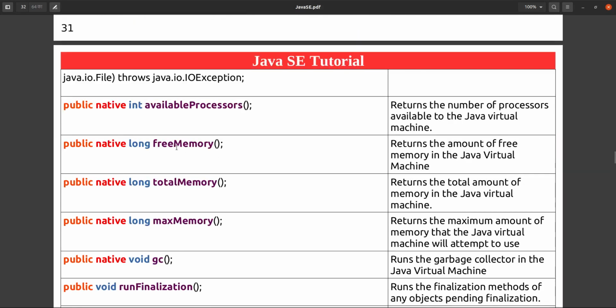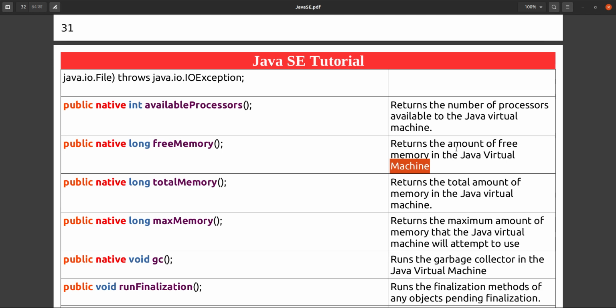Suppose free memory returns the amount of free memory in the JVM. When your application is starting, you are starting your JVM, then JVM will take some memory from your operating system to execute your process, to execute your application.